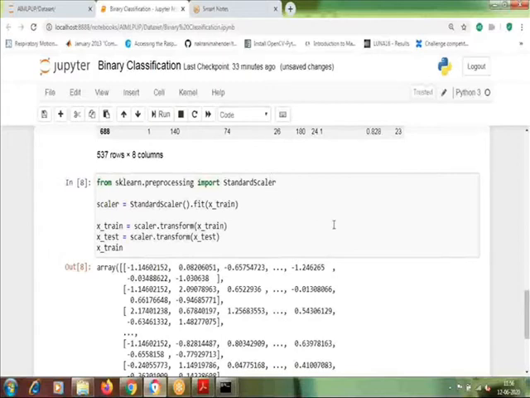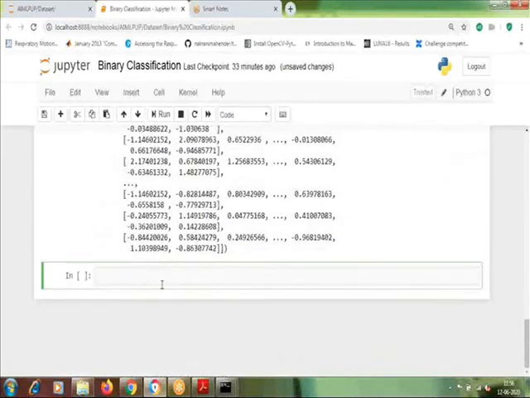Now you are ready to implement machine learning algorithm. So until this part, it is just to import the data set and prepare your data set for machine learning algorithm. Now we can use machine learning algorithm. So first, let's say we will implement our SVM machine. So from sklearn, all these machine learning algorithms are present. Our algorithms are present in scikit-learn library. You just need to import them.